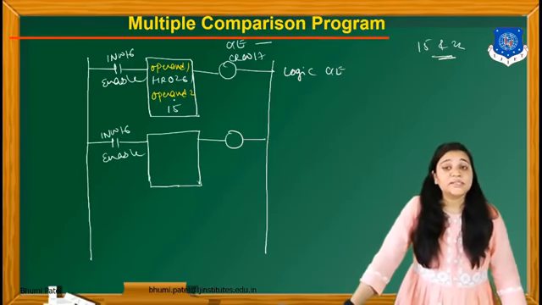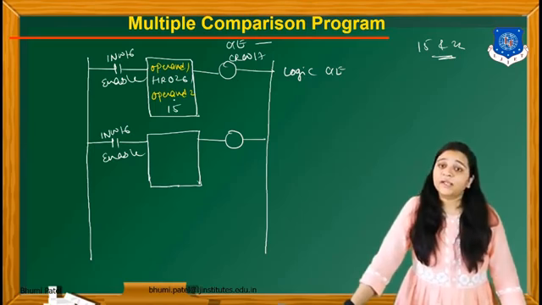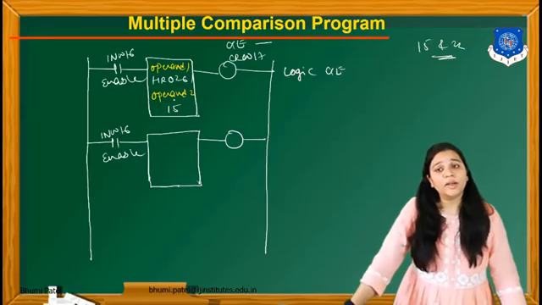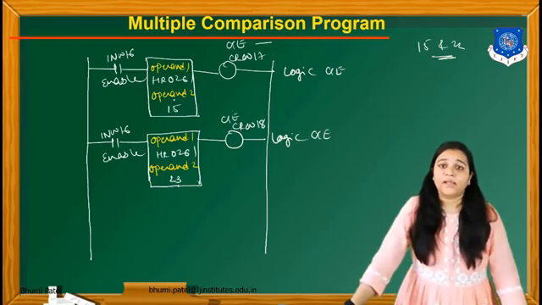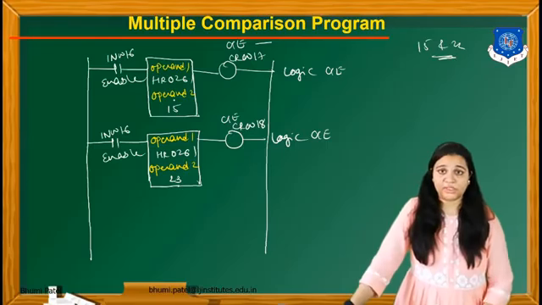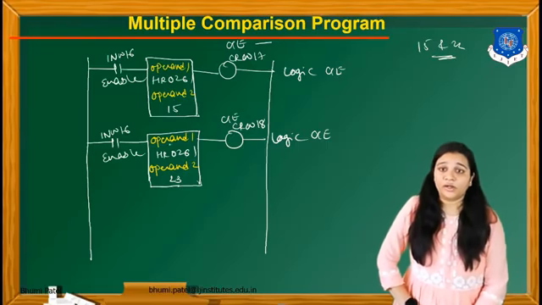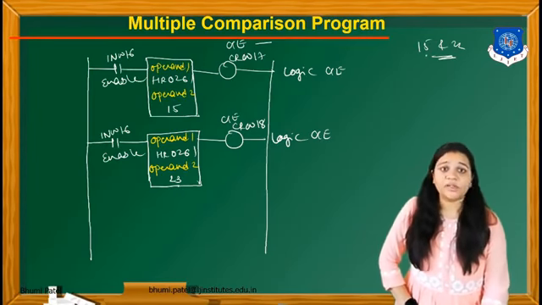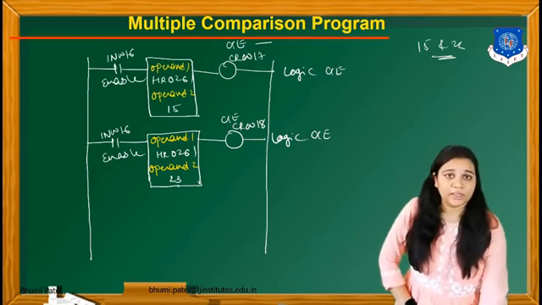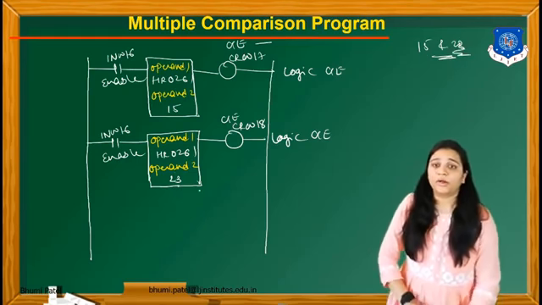Now in the second rung, the same logic will be applied. We take one input signal, and the name of the input is the same for all rungs, because we derive this logic for this one program. So that is IN0016. We take two operands and use the greater than or equal to function. Here also operand number 1 is the same register. In operand number 2, we have to find the number between 15 and 23, so in operand number 2 we take 23.